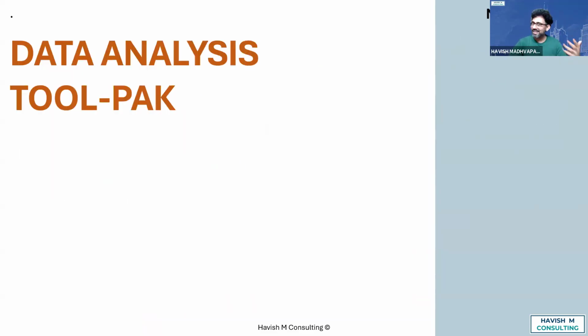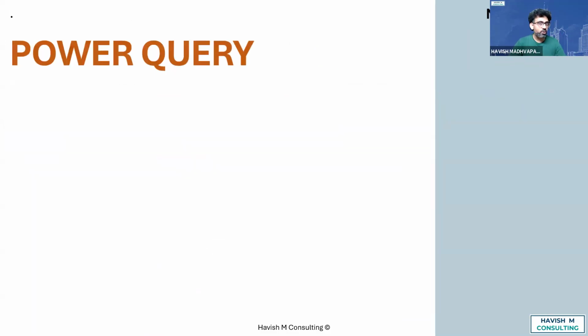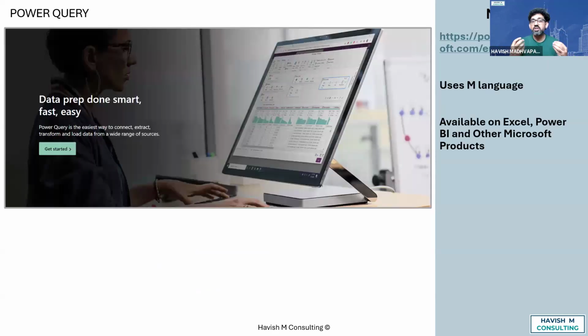Then you have the Data Analysis ToolPak, that is for statistical analysis: descriptive, regression, correlation. Then you have Power Query that works on both Power BI and Excel. This is for ETL. The language is M language, getting more and more popular day by day. It's a must-have skill because if you wanted to merge, append, all the ETL operations that you do with NumPy and Pandas, you can do it in Power Query.